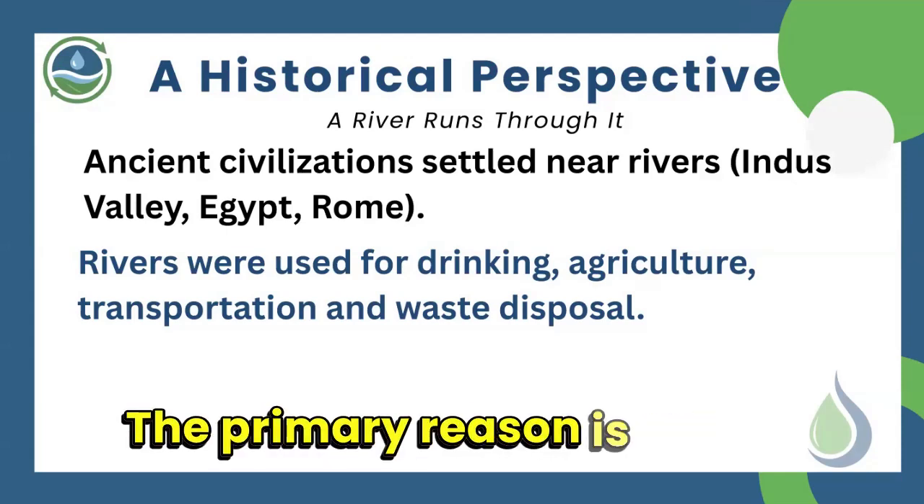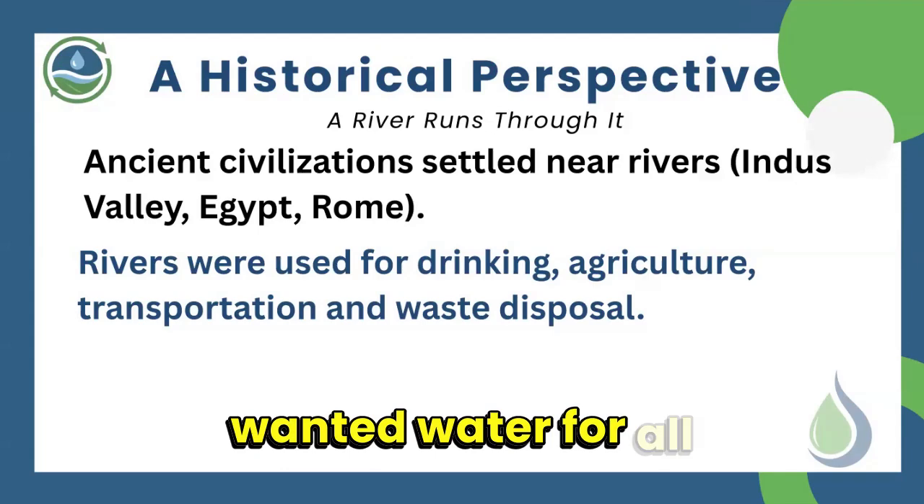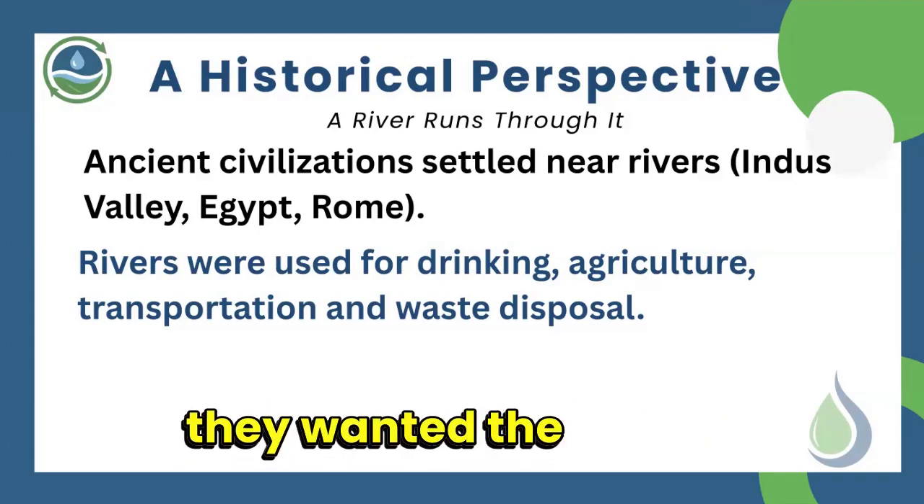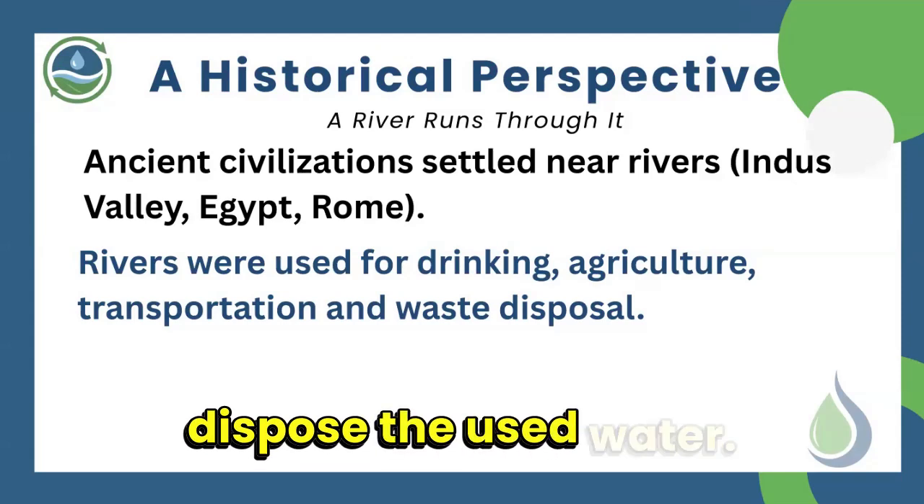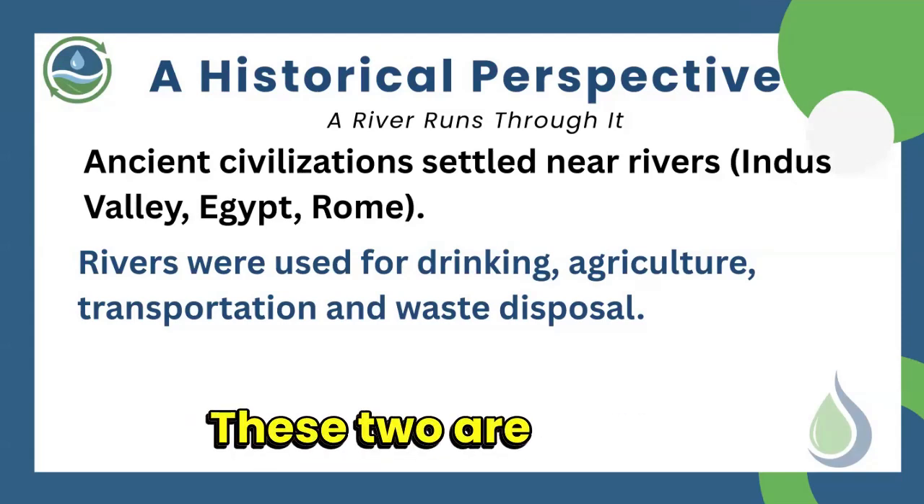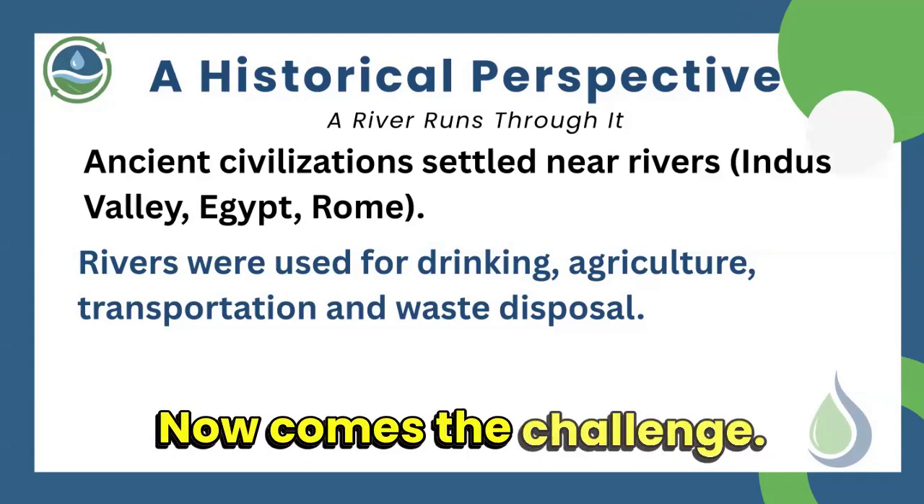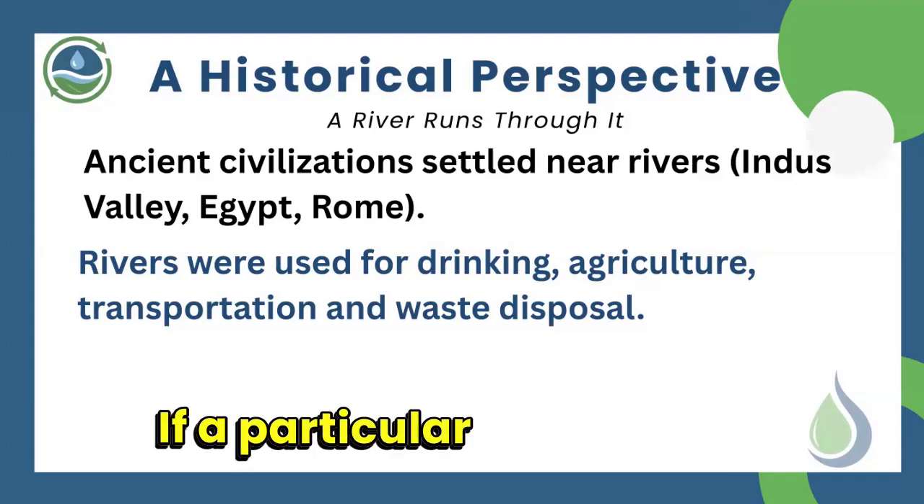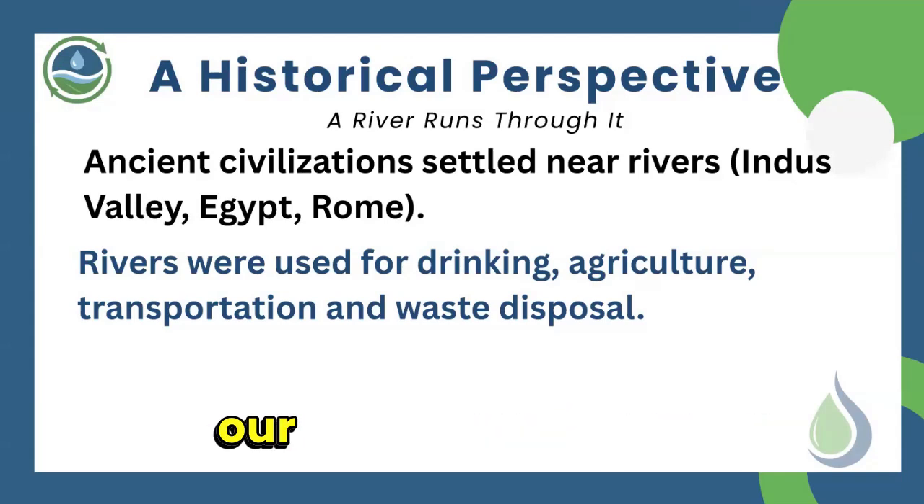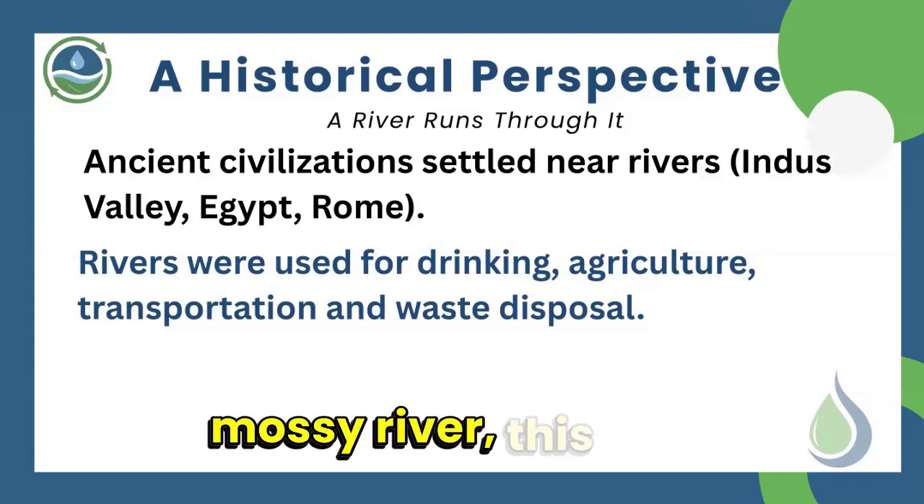The primary reason is people wanted water for all their purposes. And also they wanted the river to dispose the used water. These two are unsaid. Now comes the challenge. If a particular community, let us say we are disposing our used water in our Musi River, this Musi River,